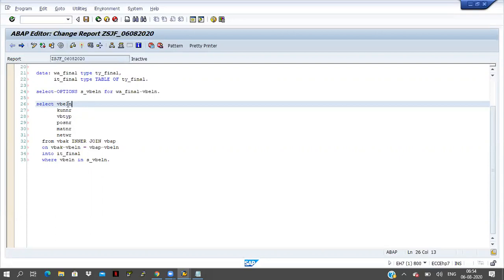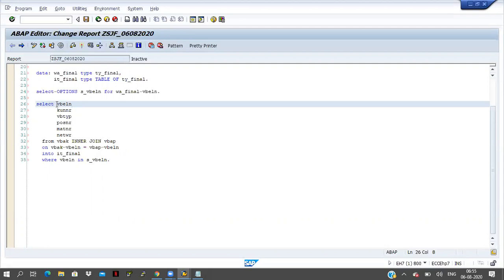Then how can it identify which table to take it from? The system will get confused here. So we have to tell the system whether to take VBELN from VBAK table or VBAP table. We have to mention that.